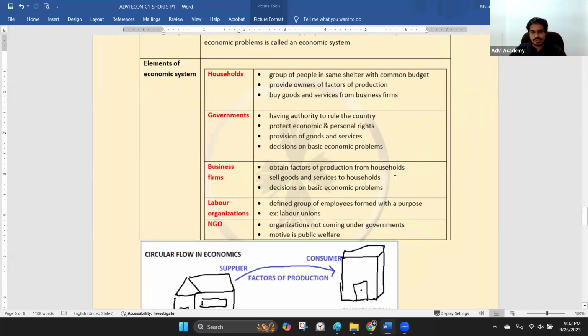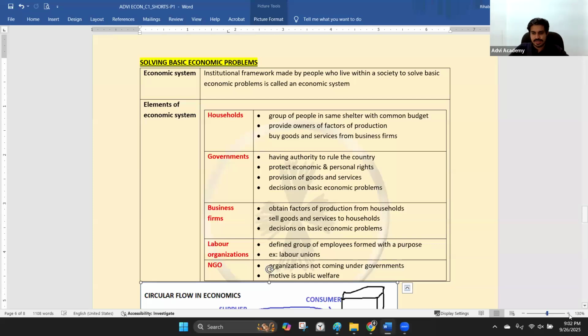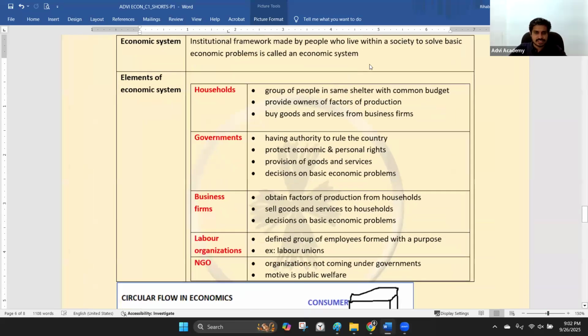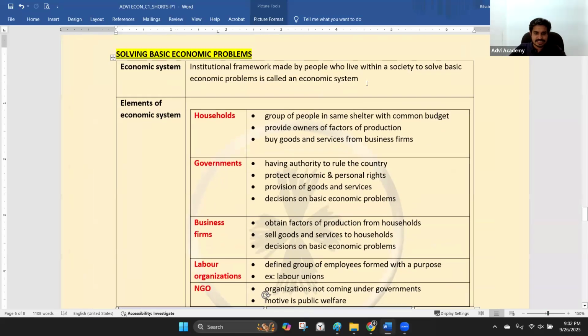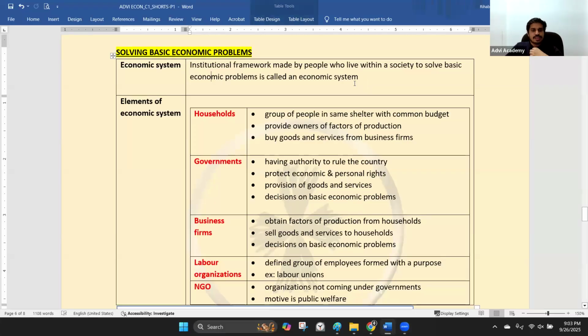You can take a screenshot of this as well before we move on to the next section. Lastly, what we are going to take a look at is economic systems. That's the bigger part of this section. So this is over. We have done most of chapter 1's first half. What we have left now is the economic system, and that we will cover shortly.